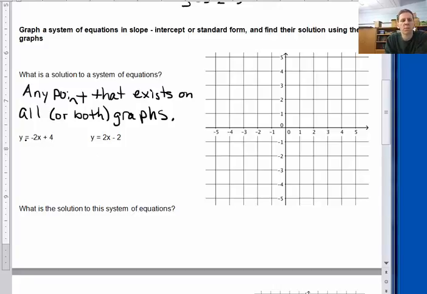To solve this first system, we have an equation in slope-intercept form. You may recall that the number before the x is our slope and the number at the end is your y-intercept. So to graph this, while you could do an x and y chart, I would just suggest going 4 units up on the y-axis. There's your